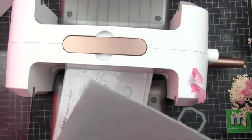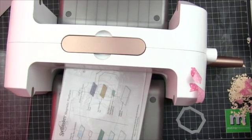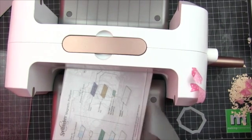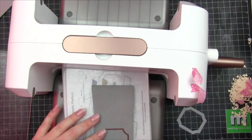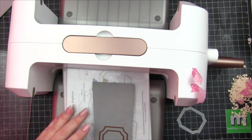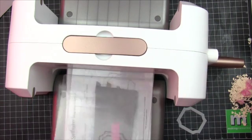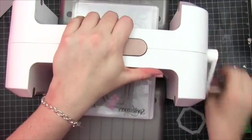I then want to cut the frame in this foam here. So I'm just going to get some scissors and I'm going to cut this. It's actually got adhesive on one side. Sometimes my foam doesn't have the adhesive, it just has the foam, but you can use it anyway. So I'm going to pop that down and then pop that on top, because we're going to use this to 3D our little frame, because then you know it's a perfect fit and you haven't got to sit there trying to make a bit of glue not stick out the edges or...